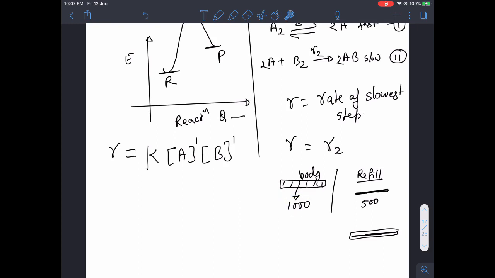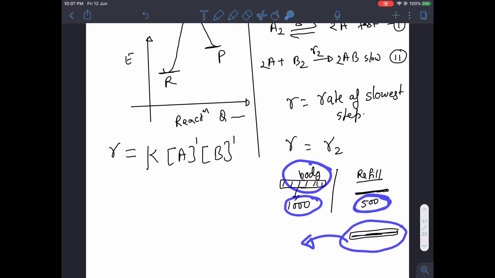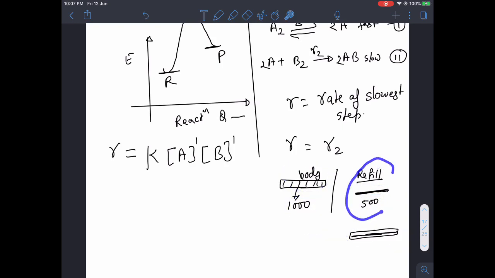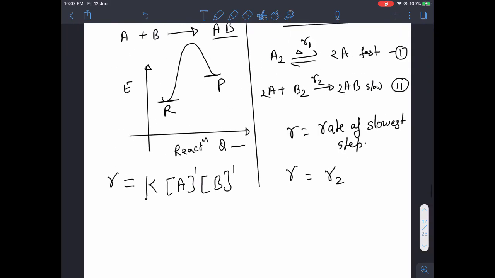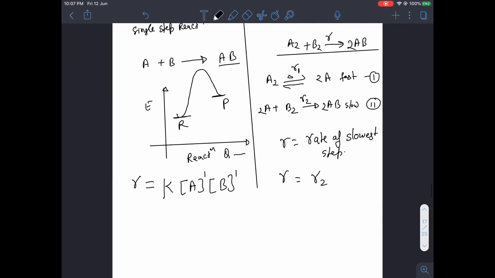Now, guys, if I ask how many pens we are going to get, finished pens, a pen which contains both refill and body, you will say, sir, 500 only. So the production of the pen is occurring in two steps, first the body of the pen and second the refill of the pen, and the rate of production of the pen only depends on the slowest step, that is 500. So likewise, please always remember this as a matter of fact: the rate of a complex reaction is always equal to the rate of the slowest step of that reaction.